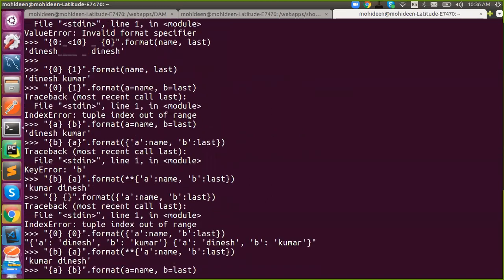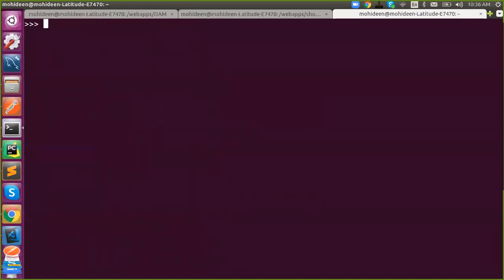Okay. Now we are going to talk about named placeholder. So we have a syntax. This should be replaced with the corresponding names. Okay. For that, what do you have to do? If you keep it as it is, it will print as it is, because we never formatted it.